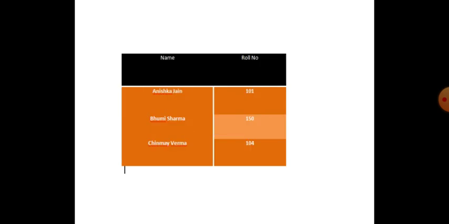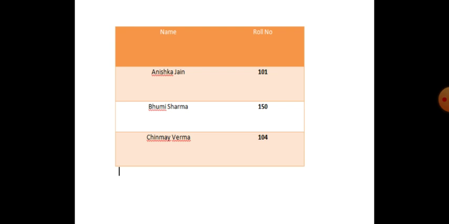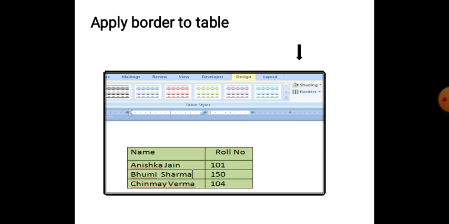In this picture, we have applied one type of table style. Table style sets the fill color of the table, the font color of the rows and columns and cell text, and also the border of the table. In this type of style, the first row font color is white and the rest of the rows font color is black. Now the table style option decides everything: shading color, border color and font color.